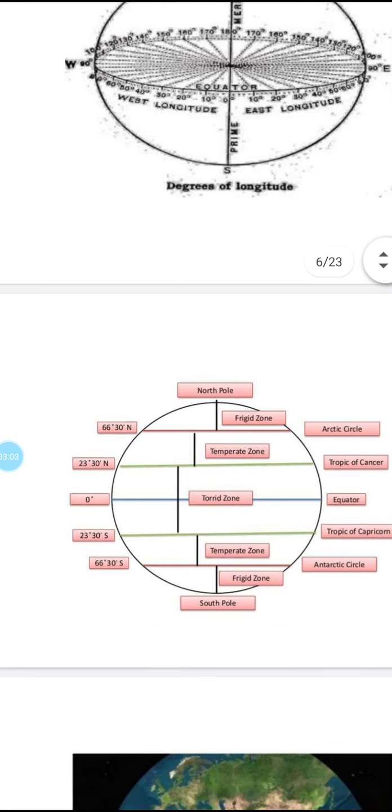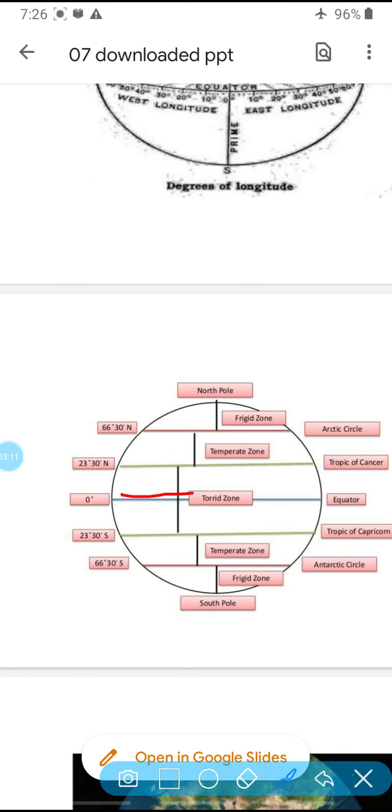Next, these are the climatic zones which are made on this earth, the complete earth. There is the equator, and this equator divides the earth into two equal parts. These all are imaginary lines, longitude and latitude. Such lines are not on the globe or on the earth. They are only imagined, and inside them, to find size and location, we have done this.